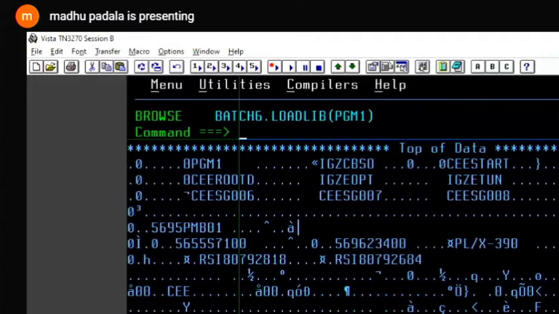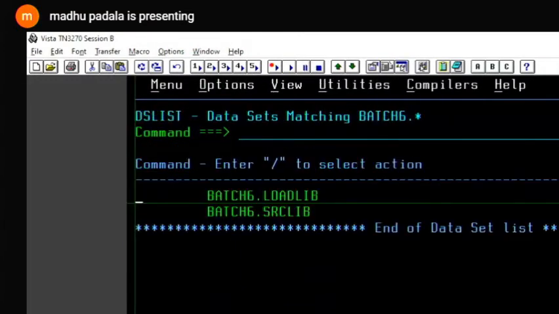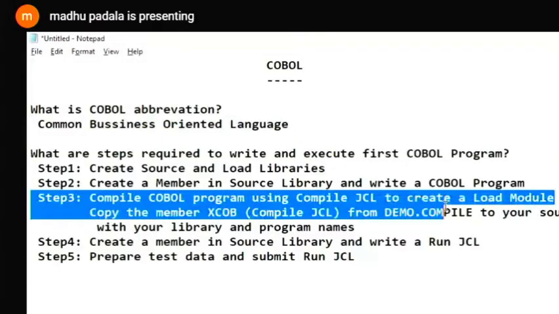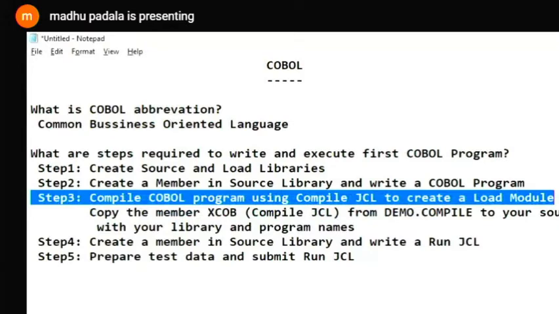So for that source code, this is the load module. We cannot run the source program. We can run only the load module. So is step 3 completed or not? Yes, sir. Completed.